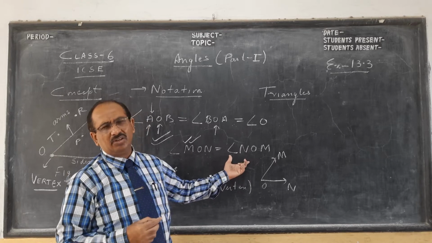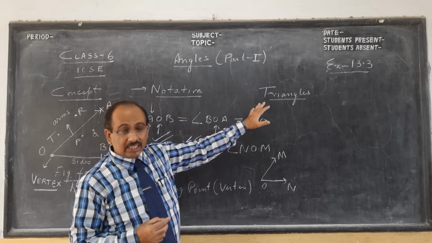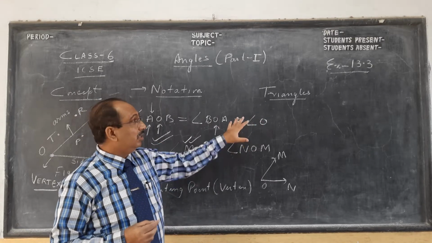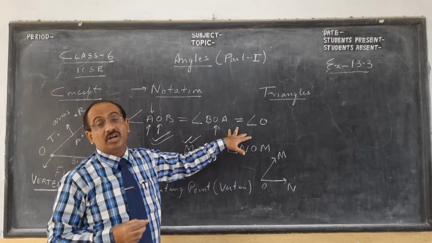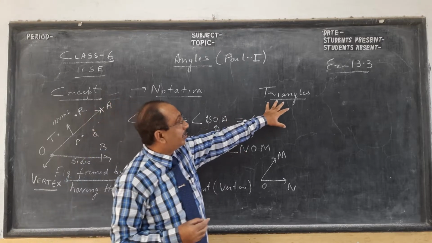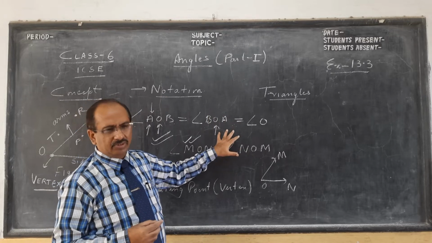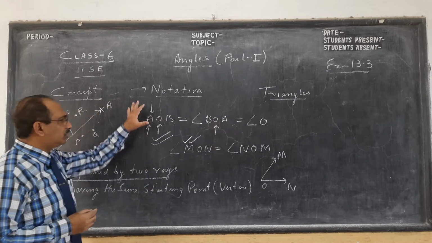In higher class geometry, if you see triangles, I'll just talk. There are two topics called congruency and similarity. One in class 9, maybe class 8 also, and one in class 10. They are very difficult topics on triangles. Triangle has a lot of topics. So in today's video I'm going to deal with the concept, children. So this was about naming.